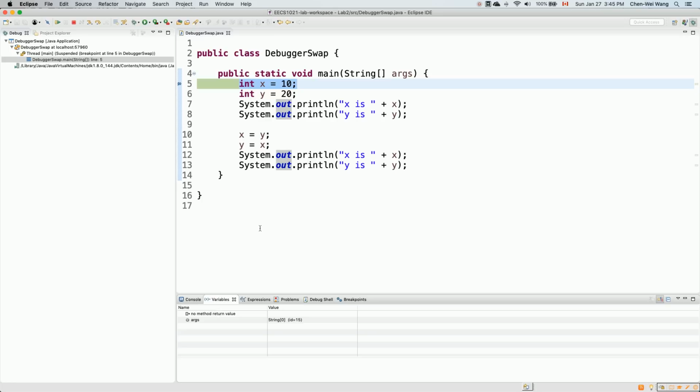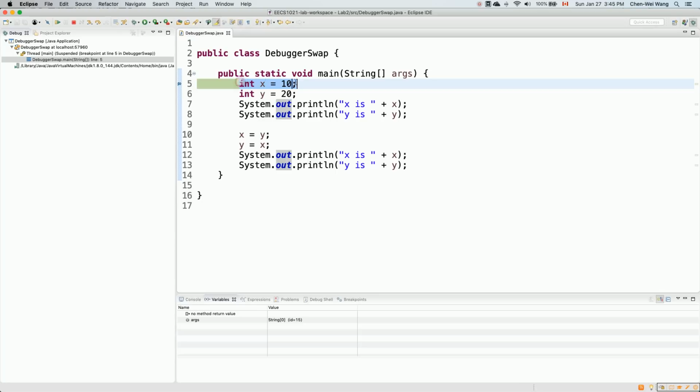So now let's expect something here. What do we expect to see after executing this particular line over here? Well, according to what we learned before, it's going to declare a variable x with the initial value 10, right? So now I want you to look at